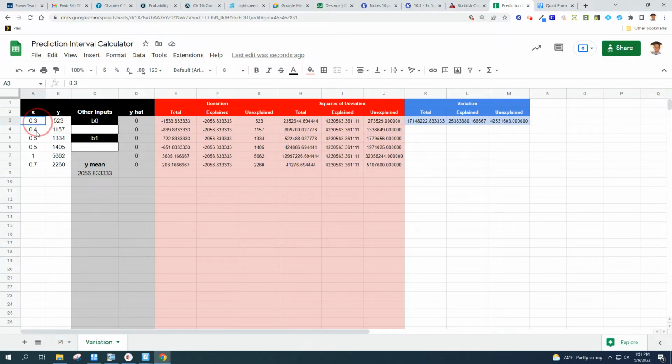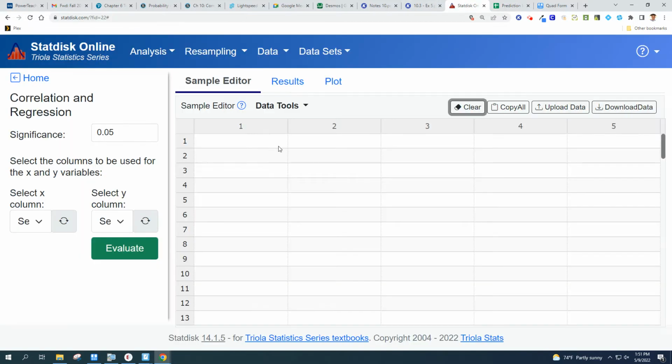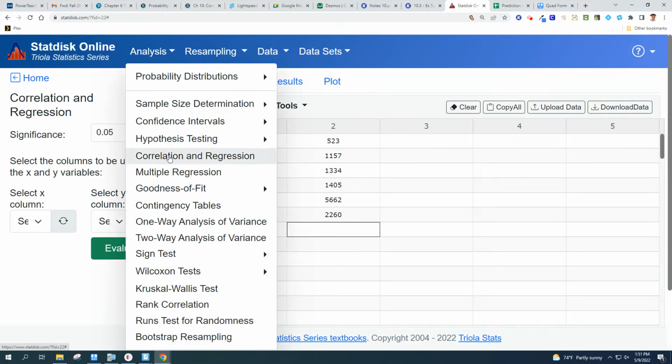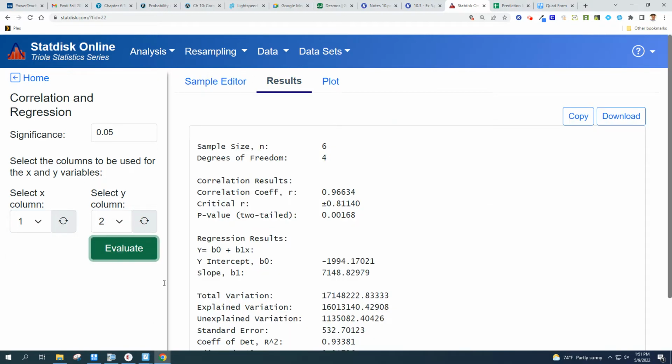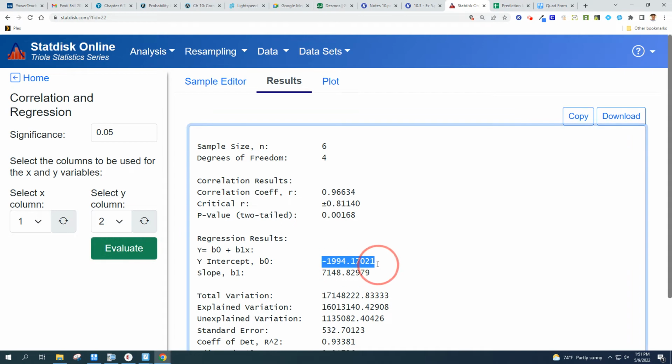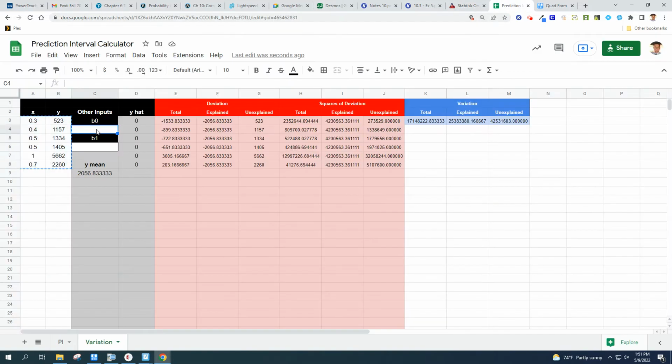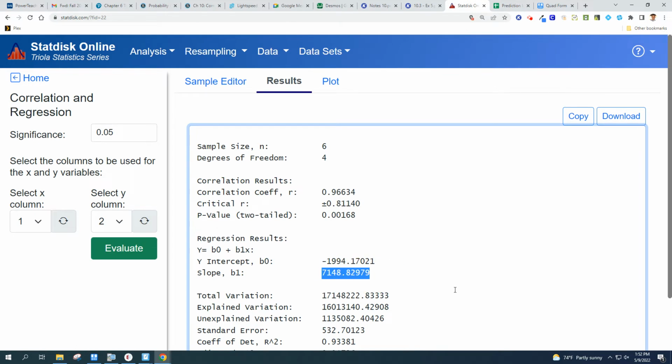All right, but I believe I can probably just copy and paste them. Maybe. Yeah, there we go. Once we get them in here, we want to do our regression, column 1, column 2. There we go. So our B0 value, and I wouldn't round off, I'd use as much of it as they give us, negative 1994. And the B1 value,